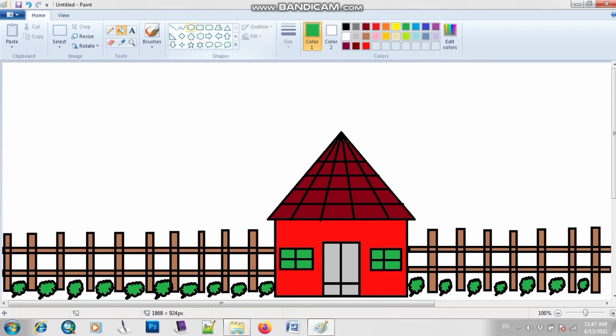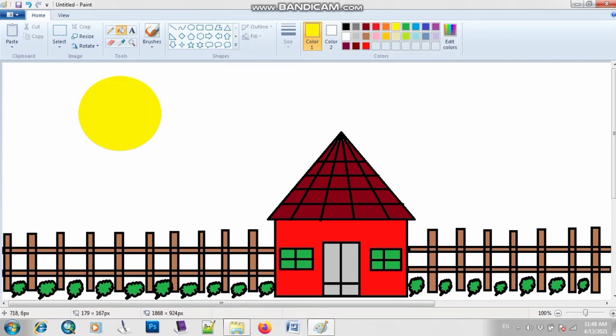So simply just fill the shape with color, and now I will draw a sun here. So which shape should I choose if I want to draw a sun? Laiba, can you tell me? Right, I will choose the circle with a black boundary. You can also select the yellow color. Now I will choose the fill with color tool to fill the color in this shape, as you can see.